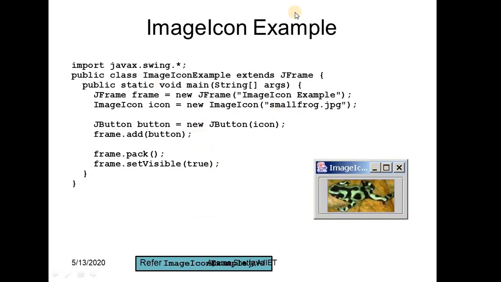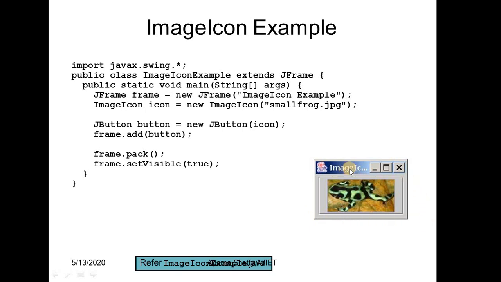Let us see this ImageIcon example. See here, first of all I need to import the package javax.swing.*. Public class ImageIconExample extends the JFrame. Inside the main method, first I will be creating a new frame, and the label of that frame will be ImageIconExample. Here can you see a frame is created?